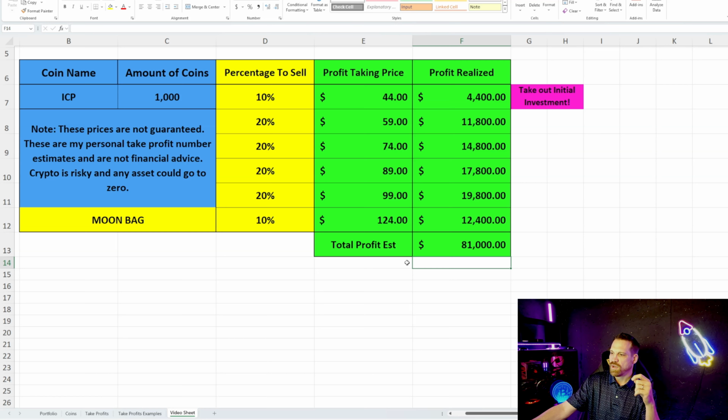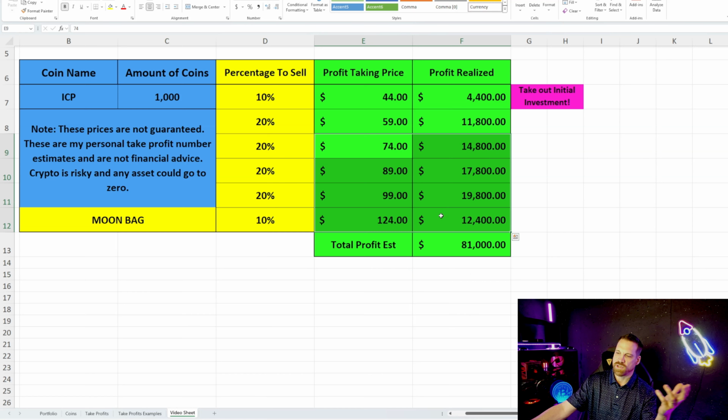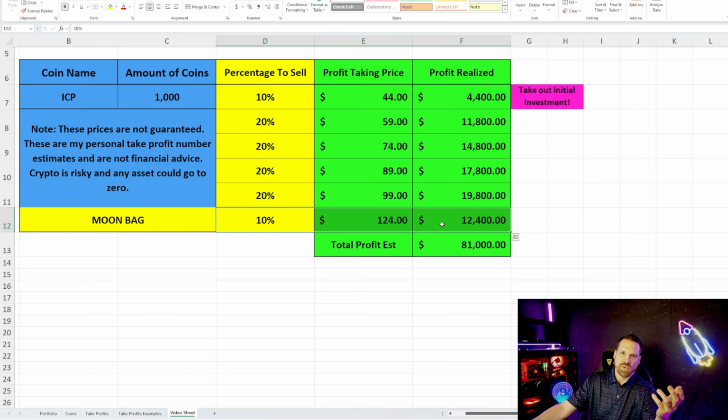I have several. So this is more than enough for me to take out my profits and be done with it and be safe and out of the market for the next bull run. Depending on how ICP does this bull run, it may not even hit these price targets. We don't know. It may never get up to $50. We don't know what it's going to do. I think it will. I think it'll get probably above $100 this bull run potentially, but we don't know for sure. Really just depends on how much